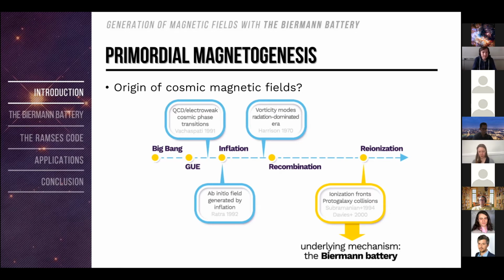So during episodes of violent shocks between proto-galaxies and within ionization fronts caused by the birth of the first stars, the resulting magnetic field, which is of the order of 10 to the minus 20 Gauss, needs to be subsequently amplified by galactic dynamo. It is all the more relevant to investigate the key phenomenon underlying these processes, namely the Biermann battery, which has the advantage of generating such seed magnetic fields from zero initial conditions.